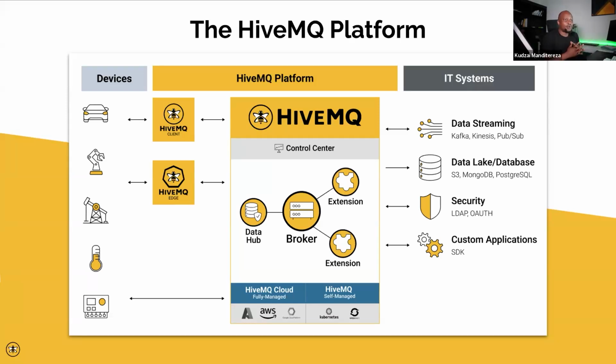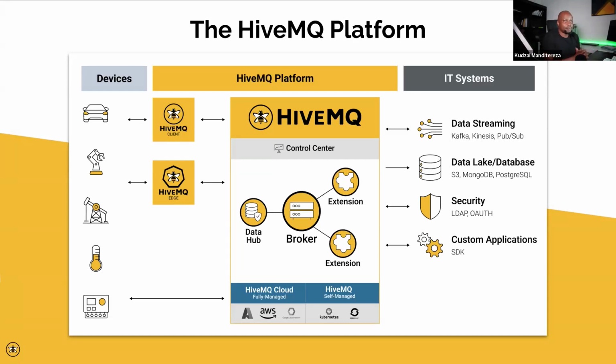So the platform has a control center that provides you with a quick view of your connection health, and also lets you manage the devices that are connected to your MQTT platform. And additionally, the platform has integrations that allow you to add things like security. As you may know, MQTT doesn't come with security management built in, so we provide the extensions that allow you to connect your security infrastructure to your MQTT platform, and also integrate data into databases like Databricks or Snowflake